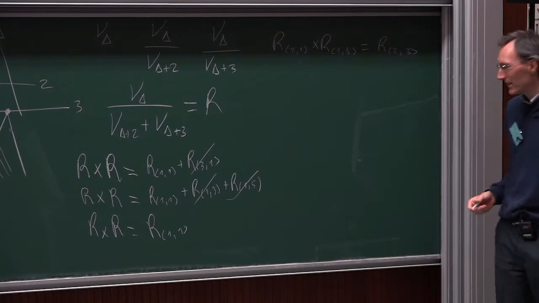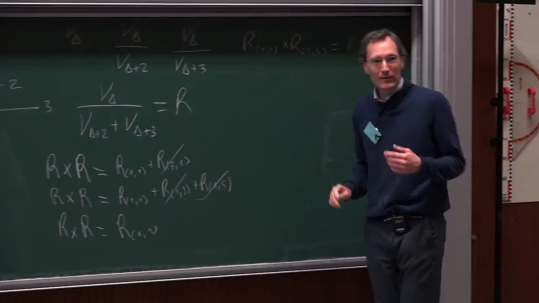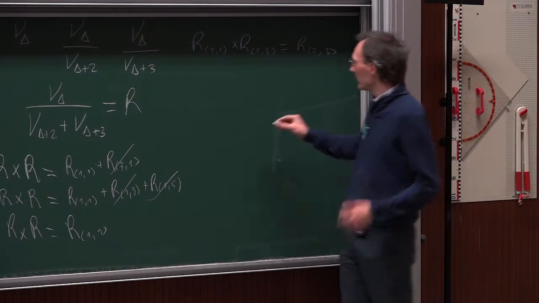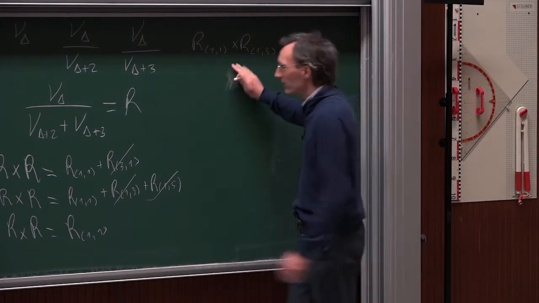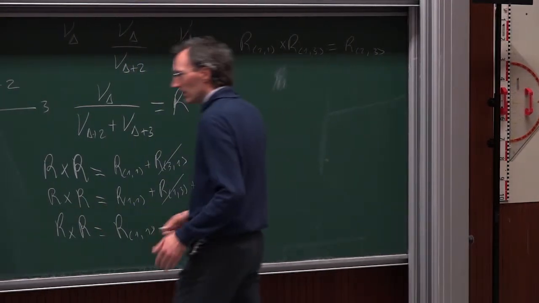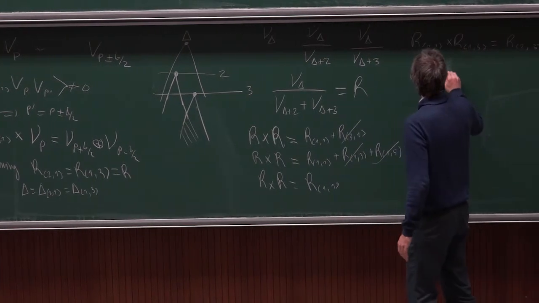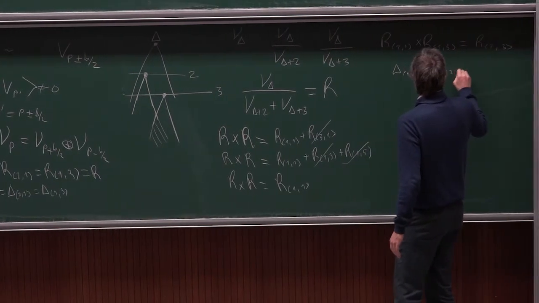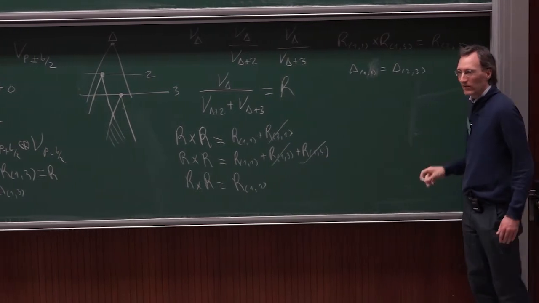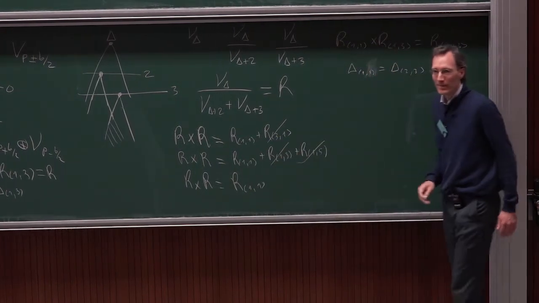So now it looks like we have eliminated everything, because this looks different from R11, but actually it's not different from R11, because if you have this coincidence of dimensions, delta 2-1 equals delta 1-3, you also have delta 1-1 equals delta 2-3. So actually this R23 coincides with R11.